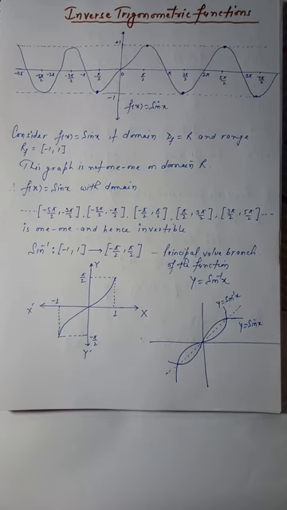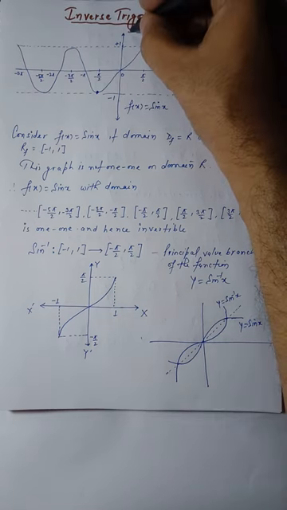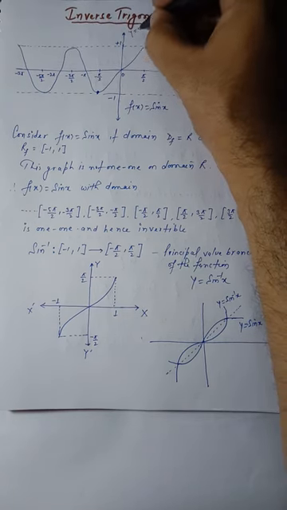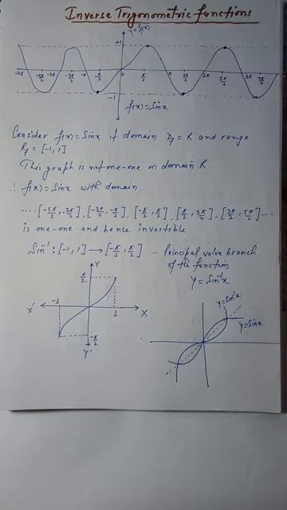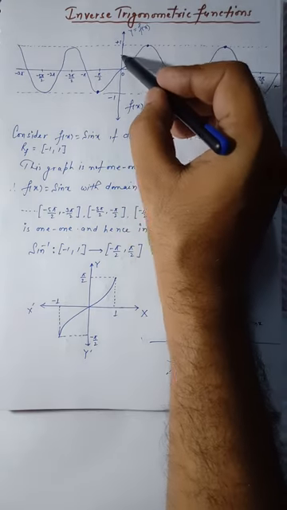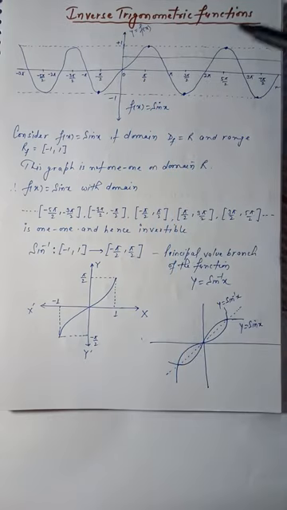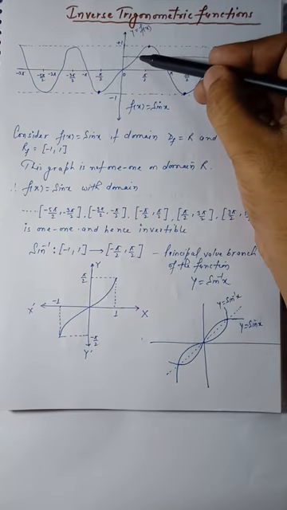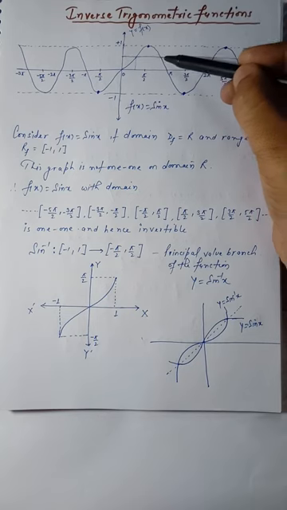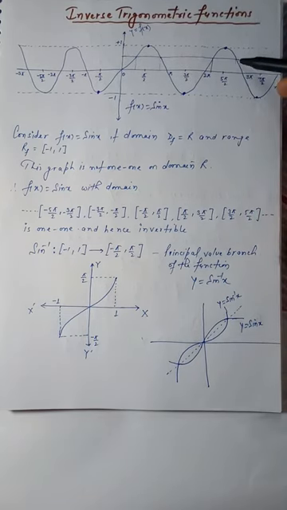But you can observe one important thing. See, when we take the value of y, say this value is y or f(x), and this value is of x. So when the value of y, or the value of f(x), is half, and when we draw a horizontal line, it cuts the curve at different points. See, this point, and this point, as well as this point.